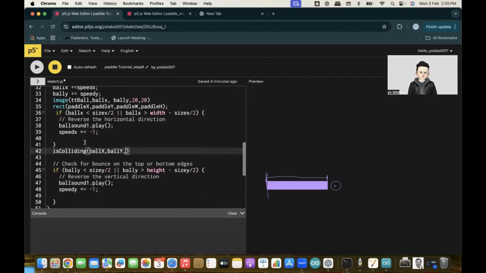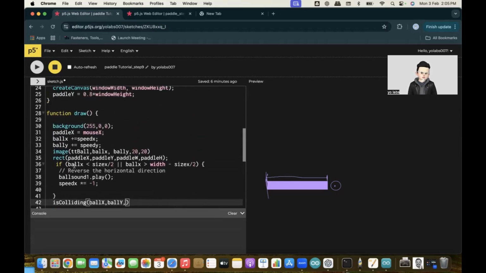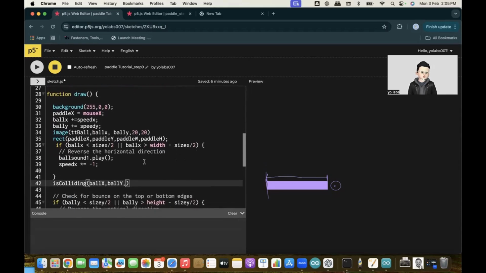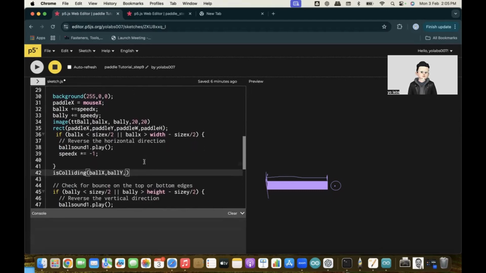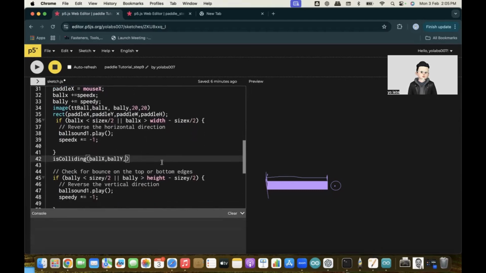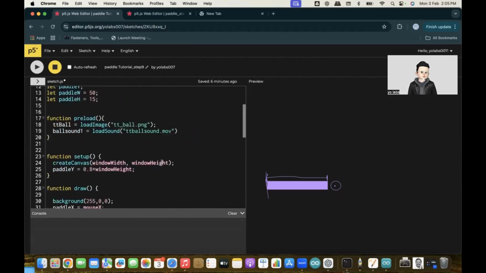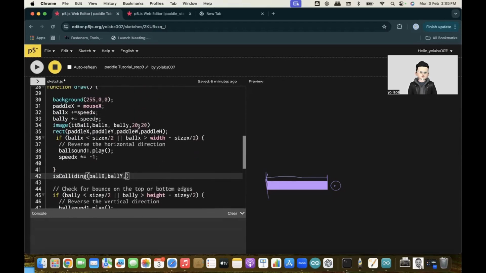So let's see later on when we have called the image, have we used the size only? In the image call directly, we did not use the size. We used ball X, ball Y, 20 and 20. And now I'm not sure about the 20 and 20, so let's put it right now here. There we have put size X, size Y, right? So let's put here